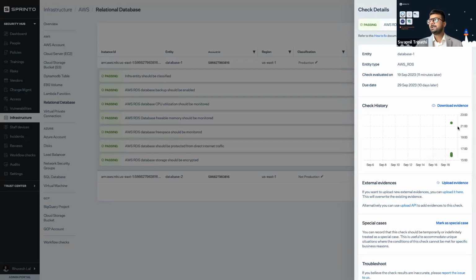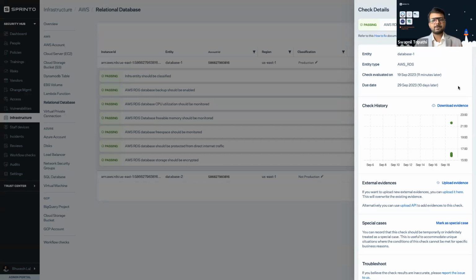The moment this green dot turns into red, immediately you will get a notification saying that this particular database does not have a backup enabled, and you will have to go ahead and complete it. So first of all, there's continuous monitoring. Second, you don't have to capture these screenshots again and again and put them in some document drive so that you can share them with your auditor.